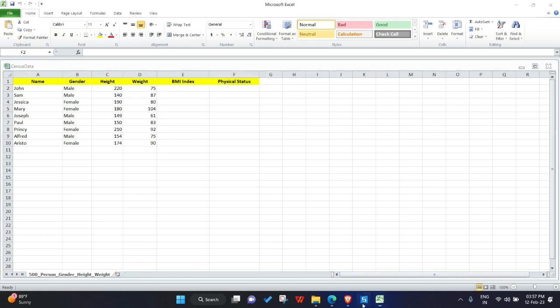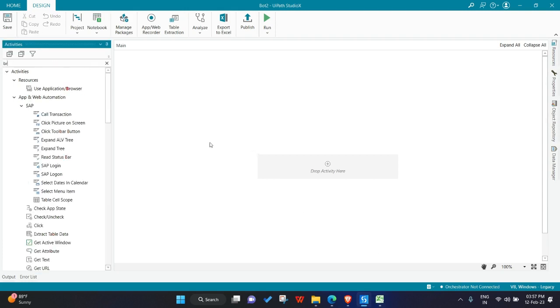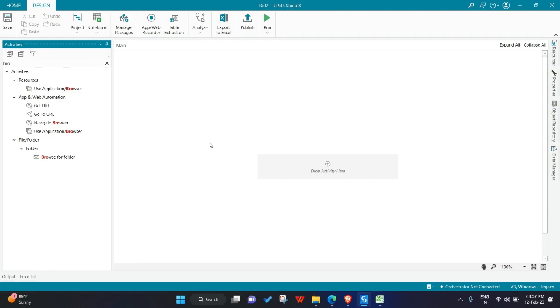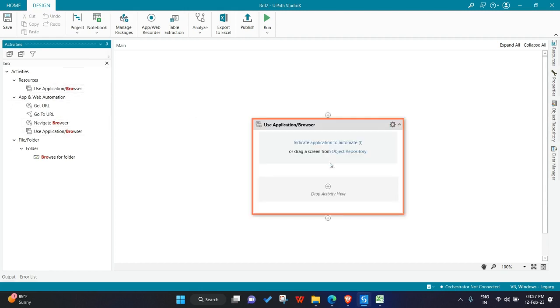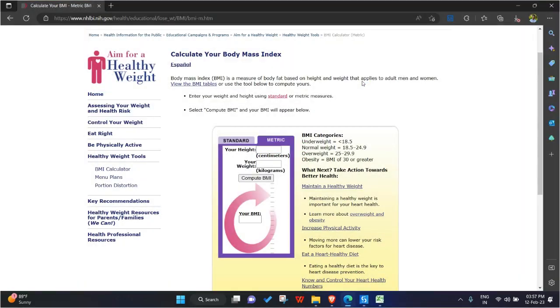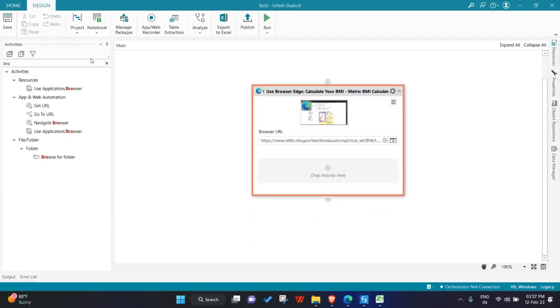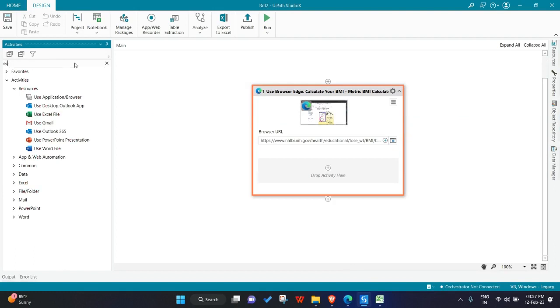So first of all, I need to open the Excel file. Actually, first of all, we need to open the browser, right? So I'll be using a use application browser activity. I'll be using Edge as my default browser. And then I have to open the Excel file, so I have to use an Excel file activity,